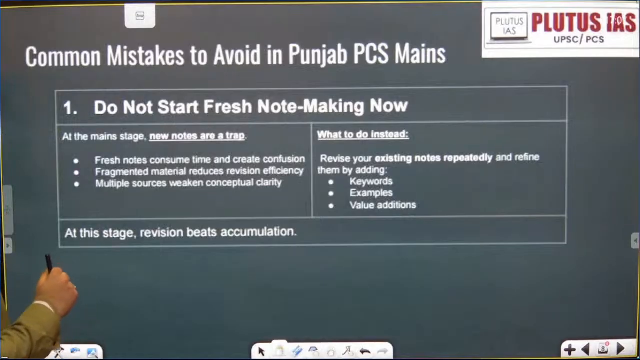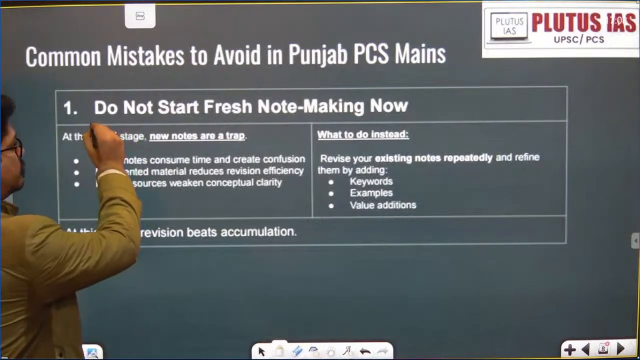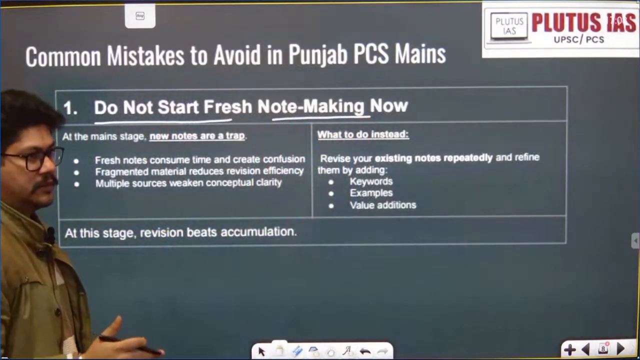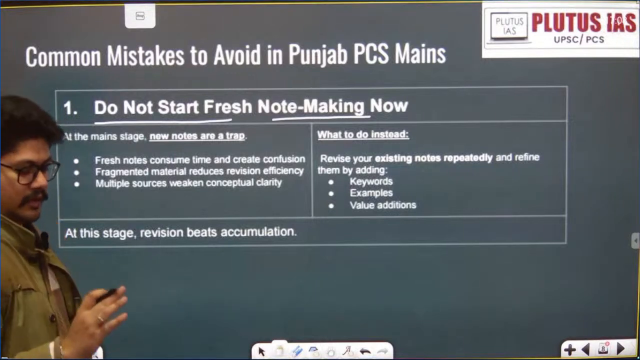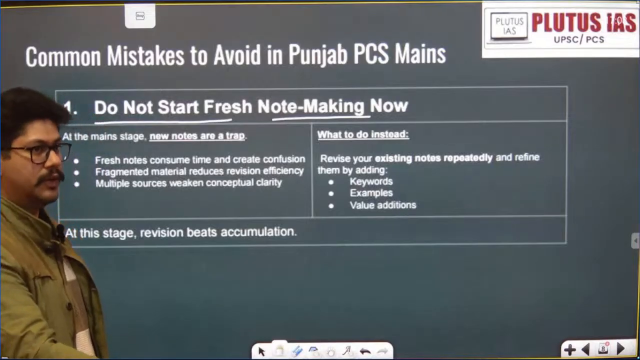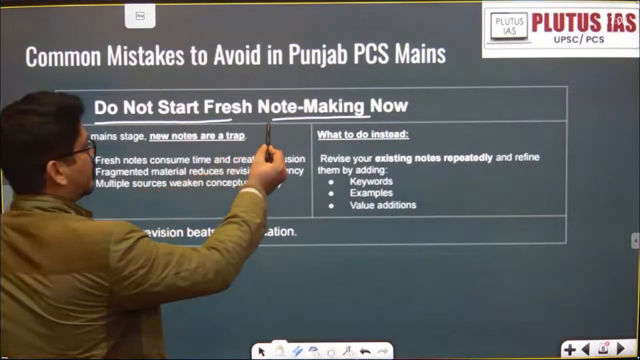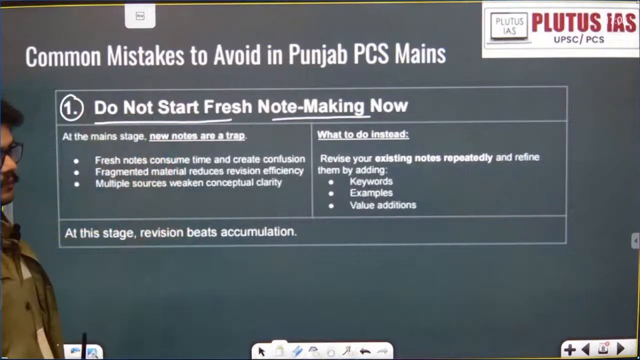Now we will discuss the common mistakes which students must avoid to get a selection. First, do not start fresh note making now. So you're done with your prelims. You are much more confident and knowledgeable about your scores. The result of prelims is just around the corner. You have to start your studies, and the coming slides will help you with how to study, basically. So the first point is no fresh notes making, please,